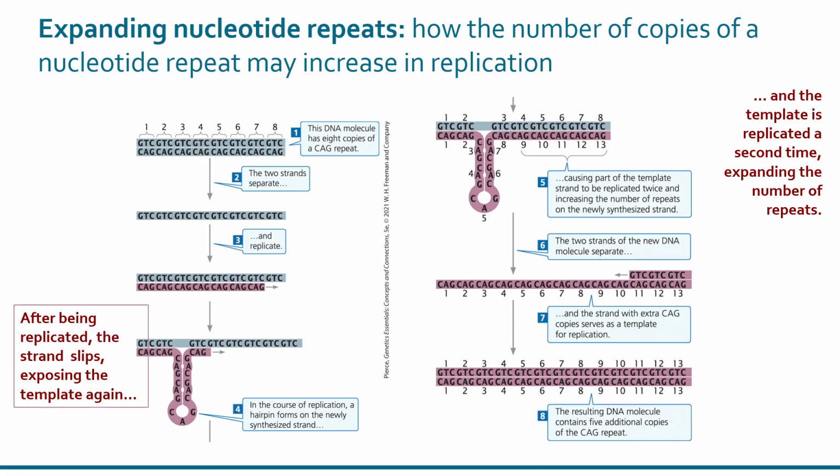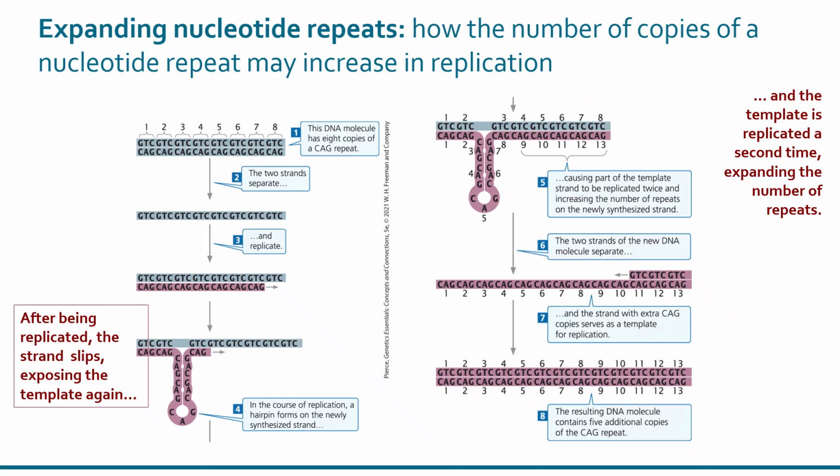So we've already briefly explained what an expanding nucleotide repeat is. This slide explains how it increases the number of nucleotide repeats. So if we look at the top left, we've got GTC, GTC, GTC, etc., and then the complement sequence under that. And remember that during DNA replication, our strands are going to separate, and then we're going to replicate one side. However, because these are repeating